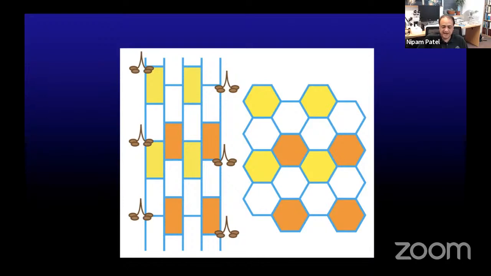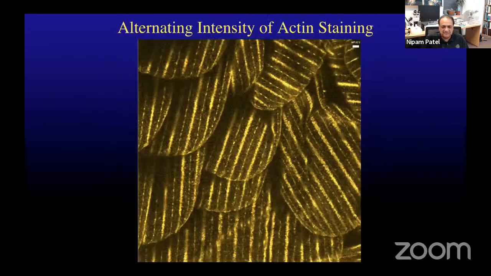So Ryan Null, who was the graduate student that did these experiments, of course, wanted to understand how you made this hexagonal pattern of actin. And so we thought that an obvious way to do this would just be to dissect different stages of palinurus pupal development and find the intermediates. So Ryan set out to do that. And I have to say that, in fact, we really couldn't find convincing intermediates of this because it just seemed to be an immediate sort of phase transition. It went from rods to hexagons in sort of an instant.